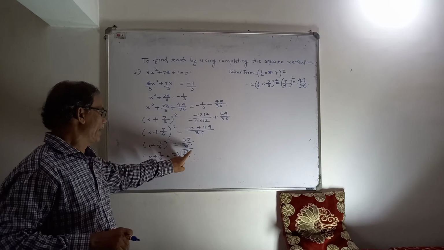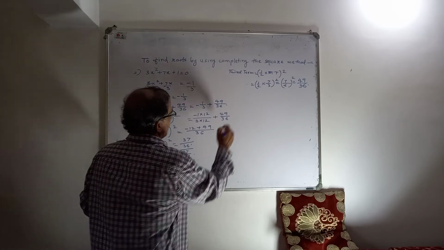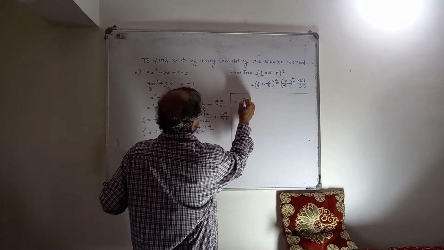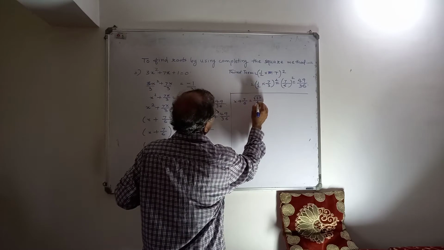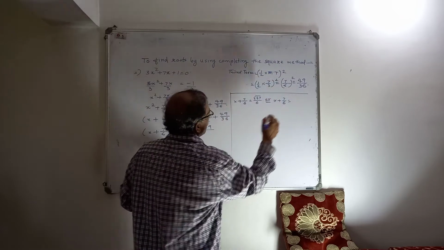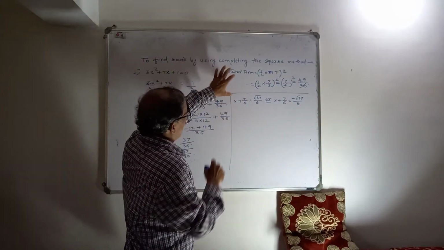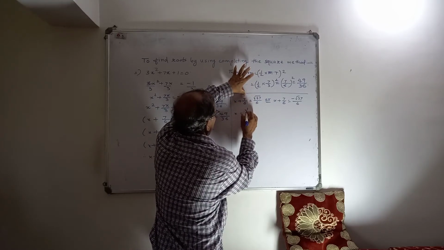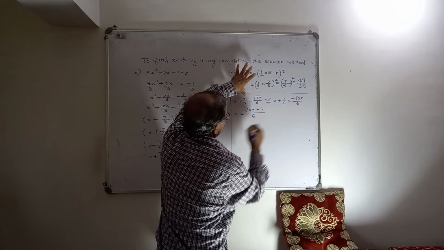Now you can see on the right hand side 37 is irrational. This 36 is a perfect square. We can write the square root of 36, isn't it? So what can you write as the next step now? See here, x plus 7 upon 6 is equal to plus root 37 upon 6, or x plus 7 upon 6 is equal to minus root 37 upon 6. Now we can find x. So x is equal to, see, upon 6 and upon 6, so only in the numerator it is 37, directly minus 7 and whole upon 6.